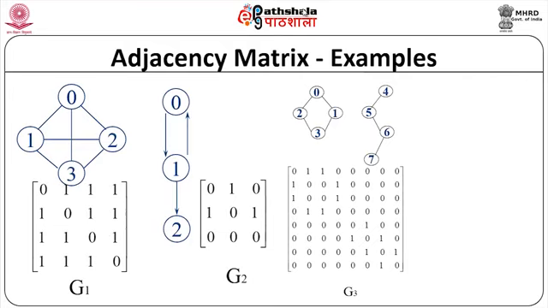This is another representation, where all the 3 are represented. Now if you look here, you can see one thing, you are not allowing self loops. So all the diagonal elements are 0, and it is a symmetric matrix because it is an undirected graph. The second one is a directed graph. Again you are not allowing self loops, so all the diagonal elements are 0, but it is not symmetric because it is a directed graph. So this is the way that you represent it.